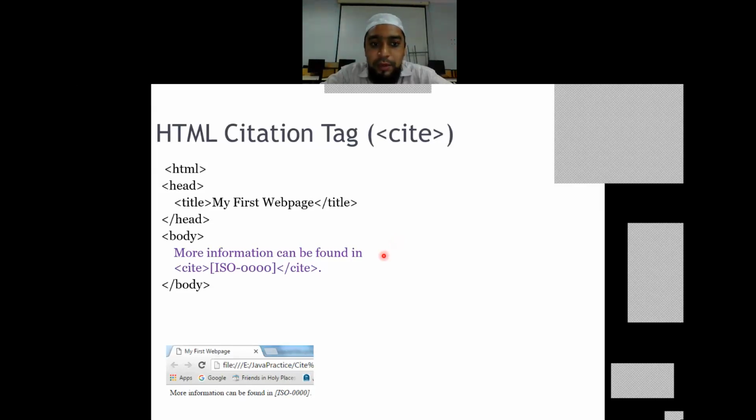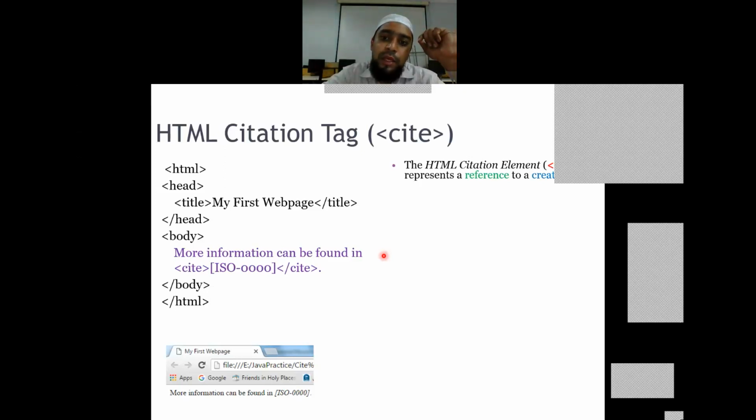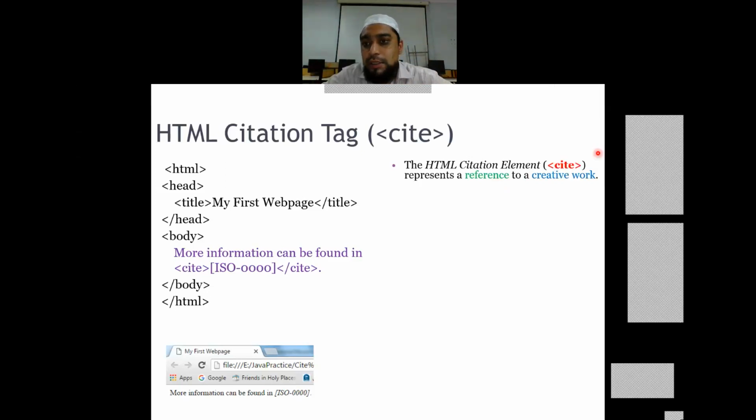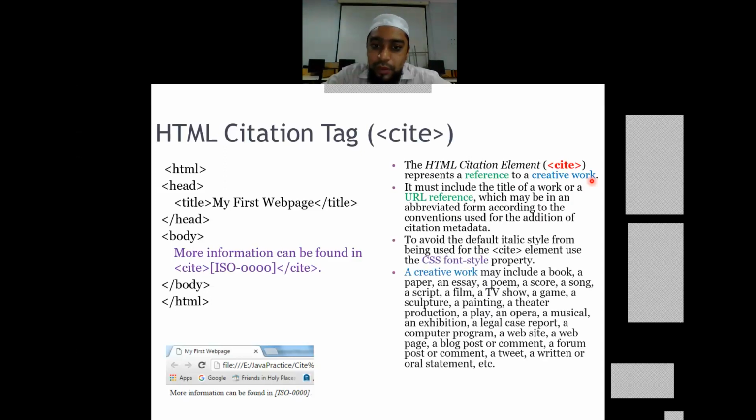So it's very simple. If you want to put a message to say that this particular text or content has been acquired from so-and-so place, then we can use a citation tag, and that citation tag is just cite and represents our reference to a creative work, whatever work we want. In that reference, you can keep the URL from where you acquired it,